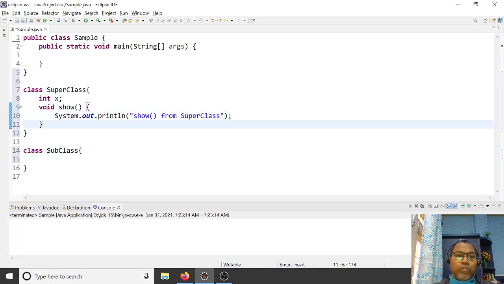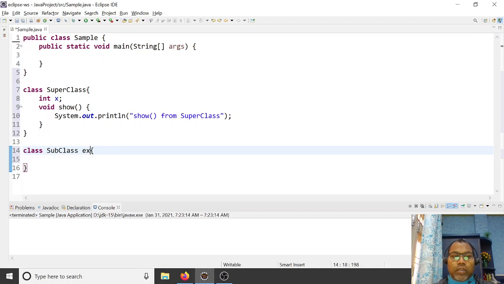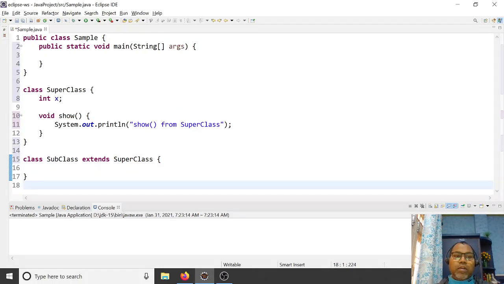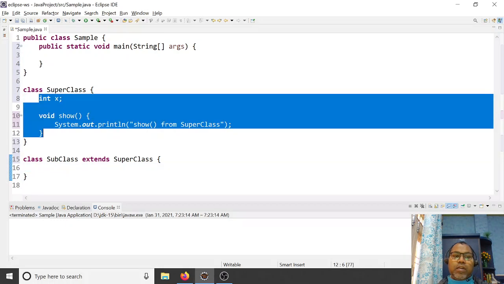I want to inherit these properties in my subclass. So how do we inherit? We say subclass extends superclass. This way the subclass does not define anything itself, but it can access the superclass data members.